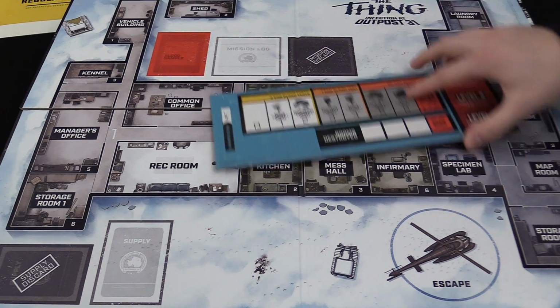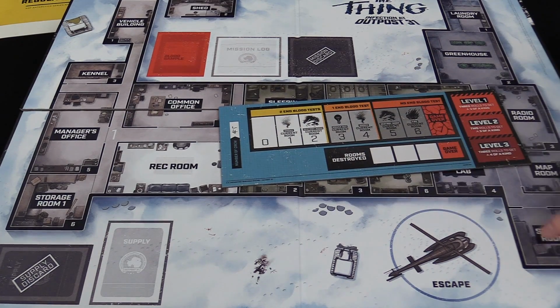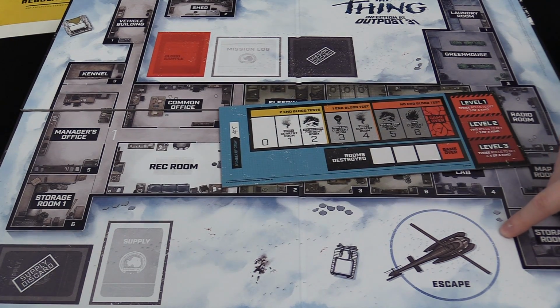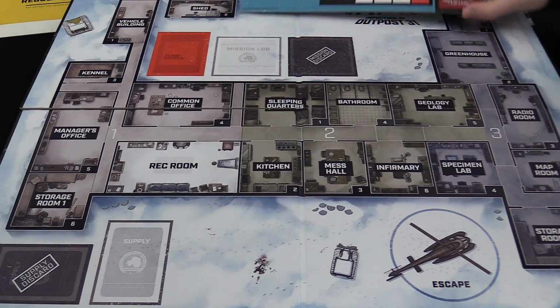And if you are on this track, and let's say you're on this section, you can use 2 blood tests to test 2 people who are about to go on the helicopter to see if they're a thing or not. But you don't get any if you're over here. And then game over, obviously, if you get here. If the entire complex...